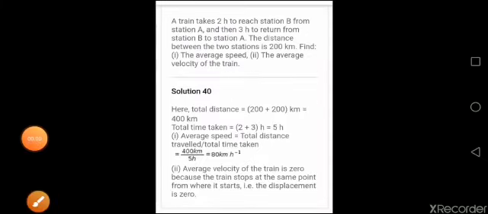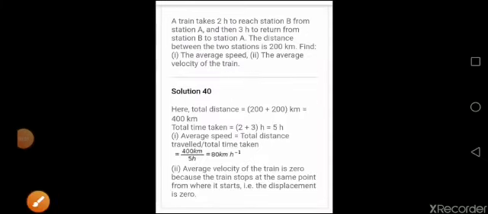Now coming to the second part, average speed means the total distance traveled upon total time taken. Now for total distance you have to add the 2 distances, that is, this 30 kilometer in the first case plus 30 kilometer in the second case, total 60 kilometer, right? Now after that, the total time you have already calculated here. So average speed you can calculate directly. This is also a direct question.